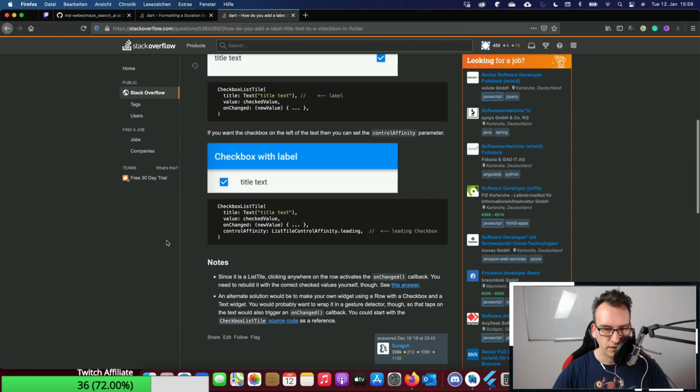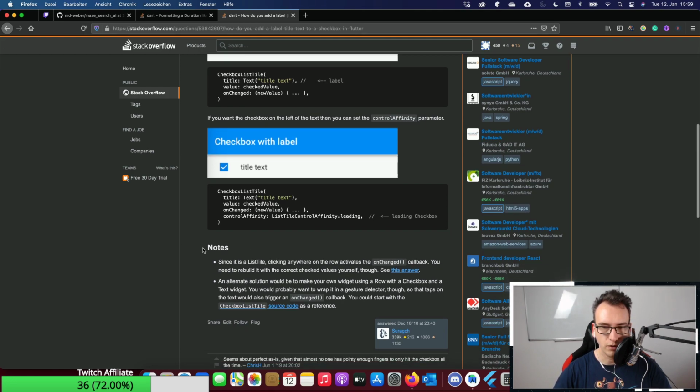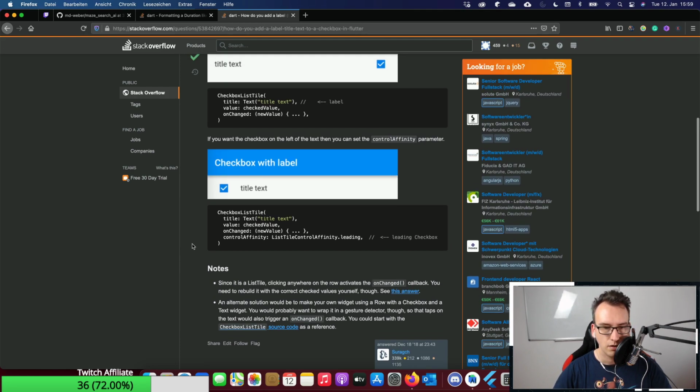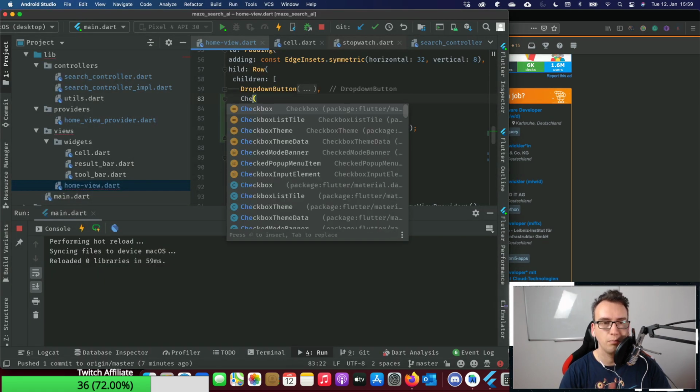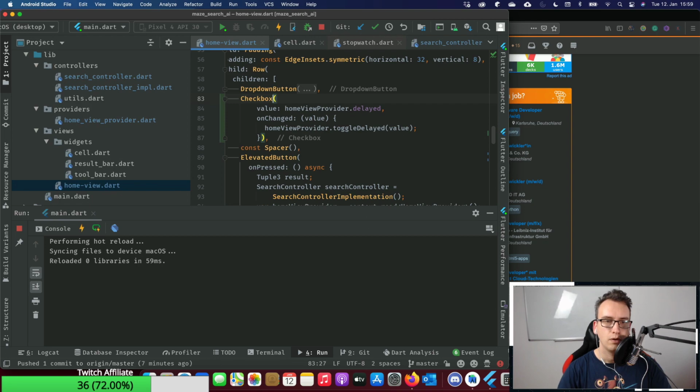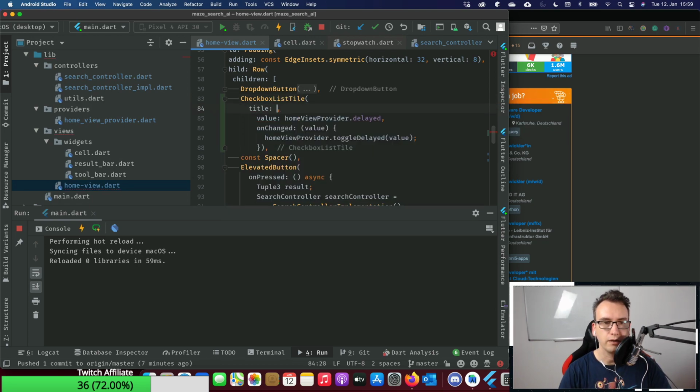Checkbox list, since it is clicked anywhere on the row, on changed callback. Oh, okay, I can just use the checkbox list tile. Okay, checkbox list tile with the title and give that a text widget, which is delay the search, delay or just delayed.